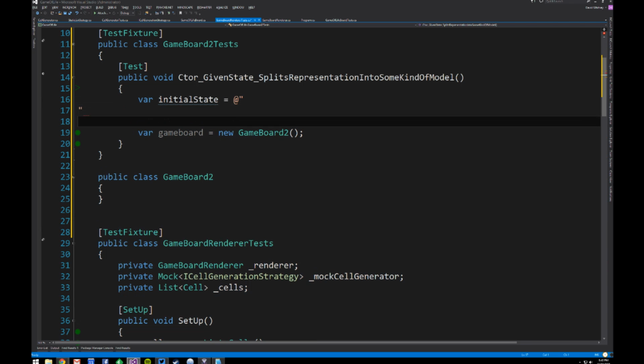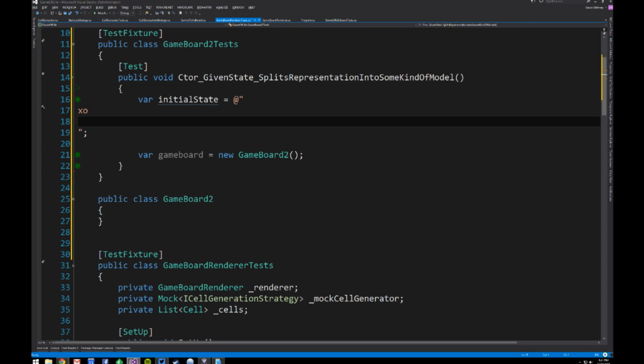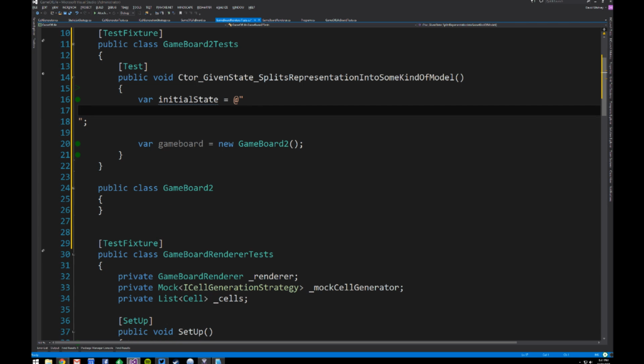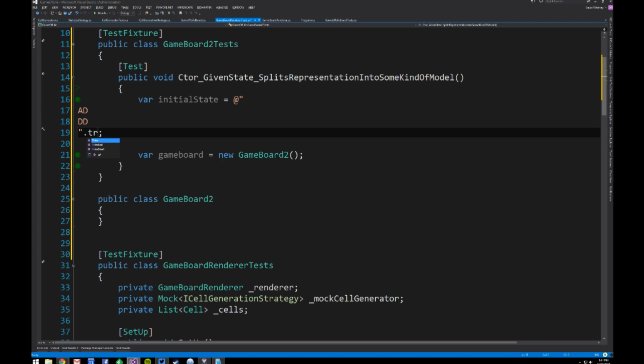So what I want to do is make sure my tests actually look exactly like the Game of Life. So a Game of Life game board, maybe we could trivially render it as a dash for dead, or a cross for dead and a 0 for alive. So given a game board that looks like this, in fact let's use letters. Alive, dead, dead, dead. A 4x4 game board. I'm also going to trim it just for the string manipulation. So if I have a game board that looks like that and I pass it in,